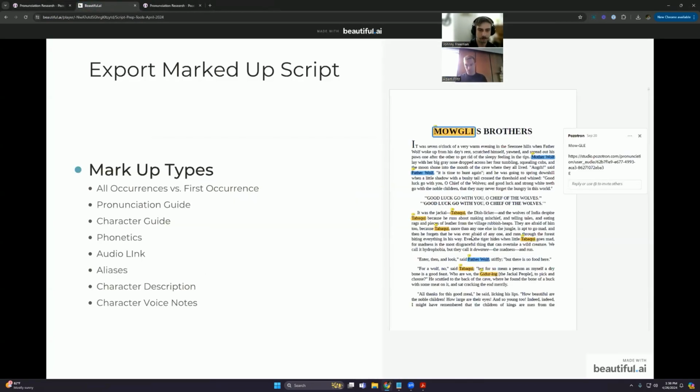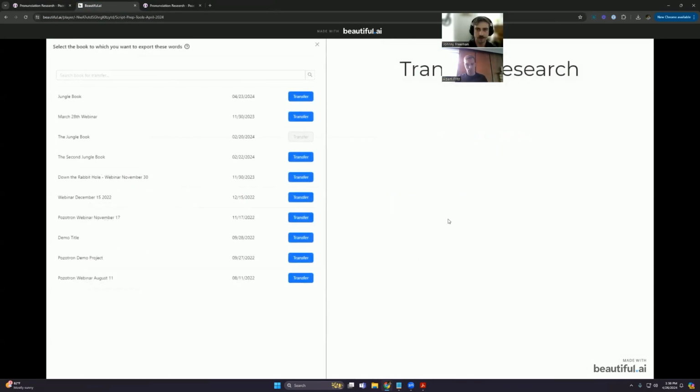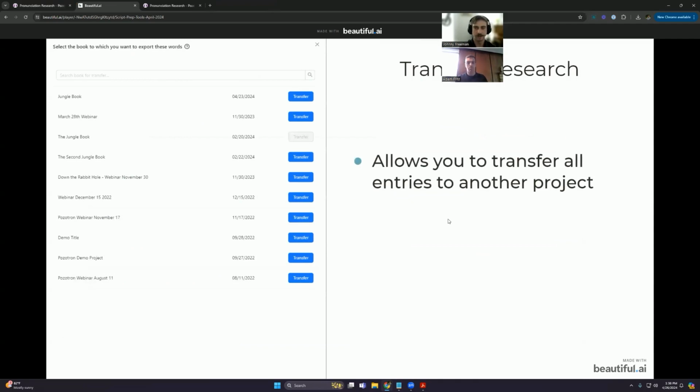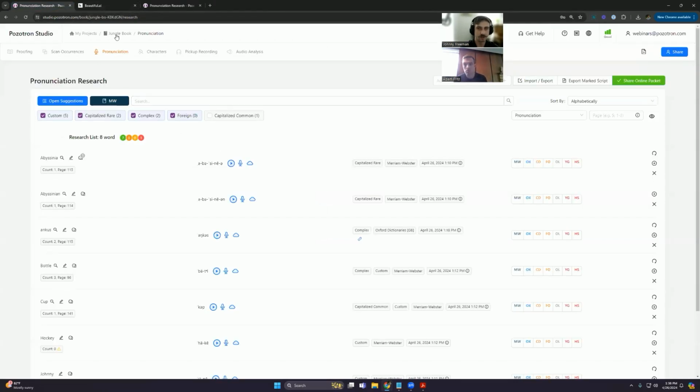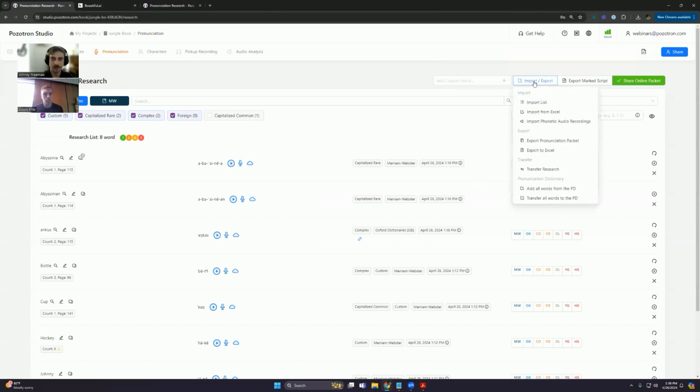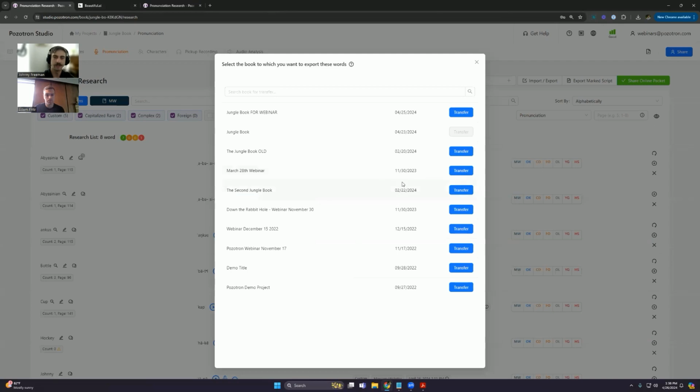Okay, moving on from the marked up script. So transfer research. This is a functionality for managing different projects, especially if you're working on a series of audiobooks. This feature can help out a lot. So this allows you to transfer all entries from one project to another. So for example, I am in the Jungle Book. So this thing is always in the way. If I go to import export and I hit transfer research, it'll bring up a list of all of my